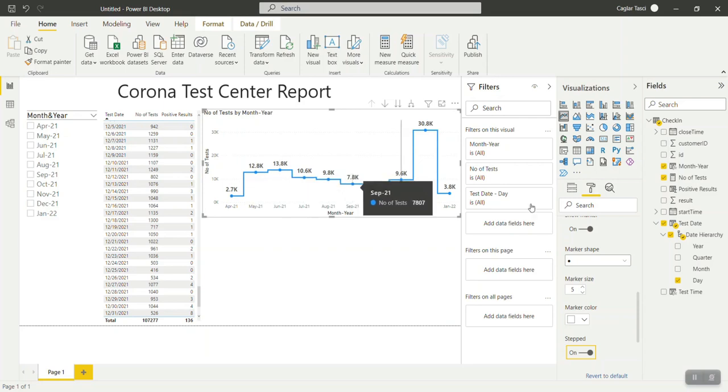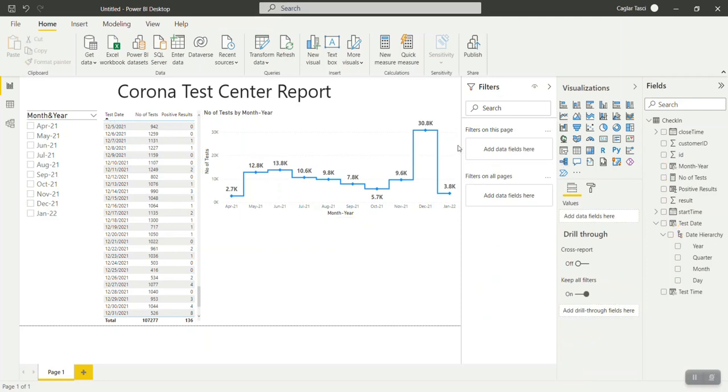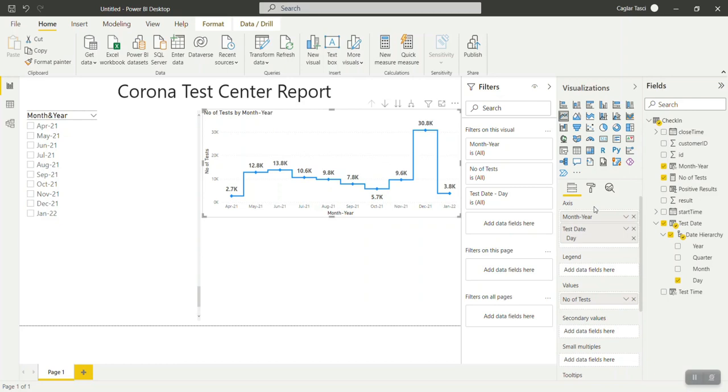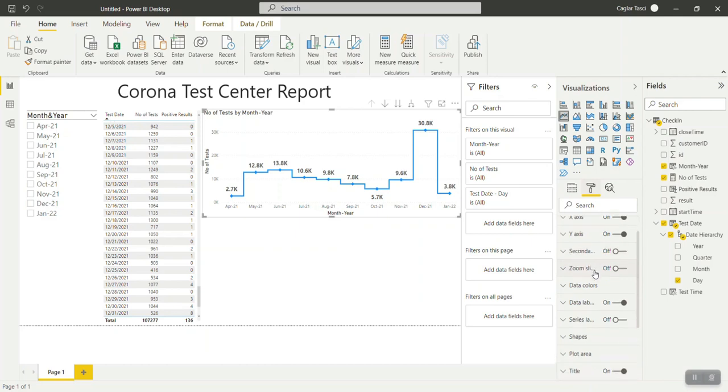Now I will quickly create another chart, but before that I will be working on the label. So you see that we have this label of number of tests by month here, but I can make it better, right? So to do that, I will be using the series label option. Series label is something that will give you the label of the line. So we are representing number of tests here, so it will give you the number of tests.